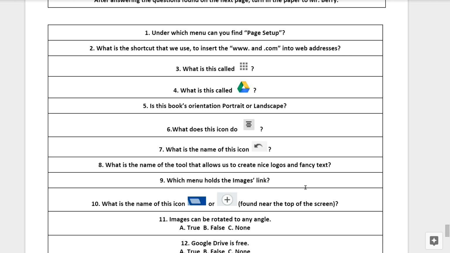Under which menu can we find the page setup? Question number 2. What is the shortcut that we use to insert the www and .com within the web addresses?